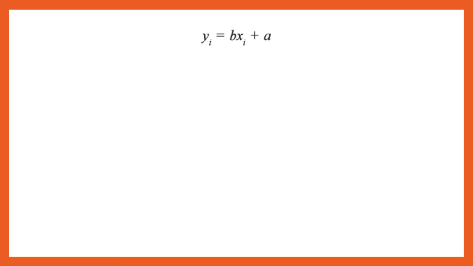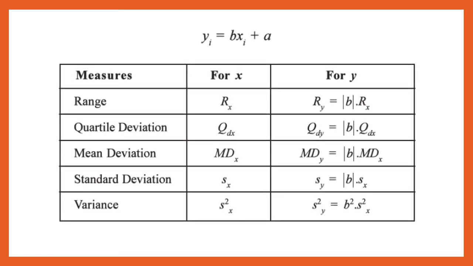In the third chapter, in the measures of central tendency, we used b and a both values. b is the co-multiple of x and a is a constant which is either added or subtracted from x. But in the measures of central tendency, a is ignored. That is, that plus a doesn't matter. Whatever you add or subtract from the variable x, the measure of central tendency does not change. But when you multiply it with b, the value of central tendency changes. Okay, sorry, my mistake. The value of dispersion changes. So let's see how this relation works.